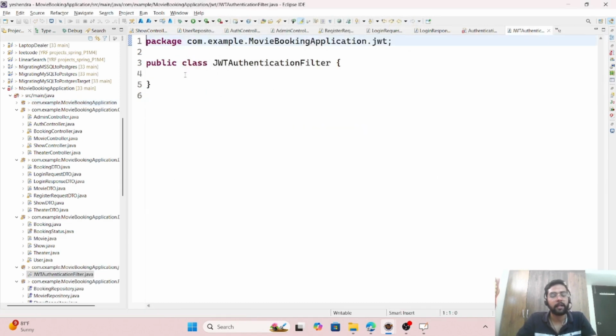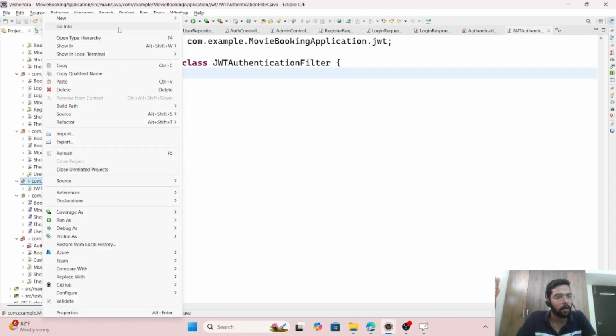See, I'm not going to explain everything in that, because I've already explained a few things in a pictorial way, step by step, very slowly. I know this is the project video, not a JWT video. I'll create a complete JWT video dedicated to only that, after this video or the one after, explaining security using JWT, and then Okta or OAuth, Google sign in or GitHub sign in. But I already explained it in my library project. You can watch it. Again, I'm not going to explain it here. There I explained it in a very beautiful way. So let's code the JWT authentication filter and